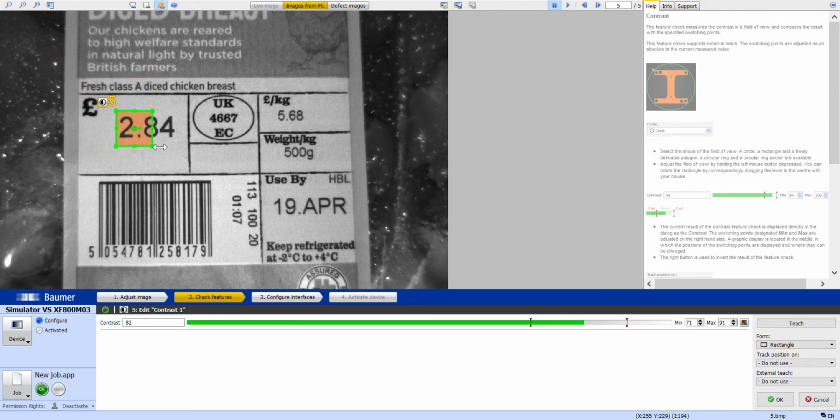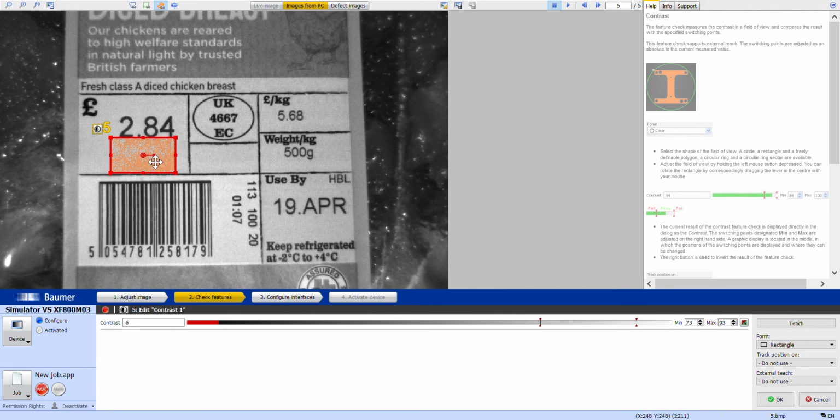put the box around the area that you expect some text to be written, and you can see here we get a contrast count of about 83, and I just click teach here, and I can set an upper and lower limit of the amount of contrast I expect to see in the box. And you'll see here on this white area, the black text gives us this contrast value. If I now shift that over to just a white area here, you can see the contrast value is very, very low, 6. So you can see the box has gone red, it's failed because we expected something to be